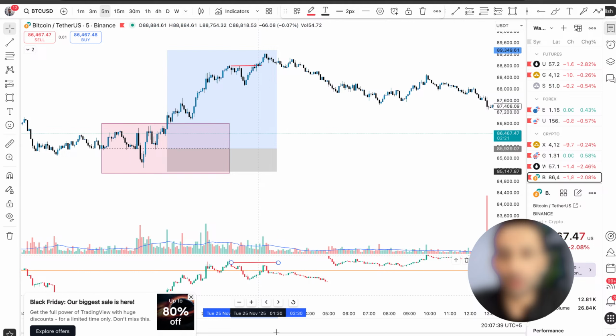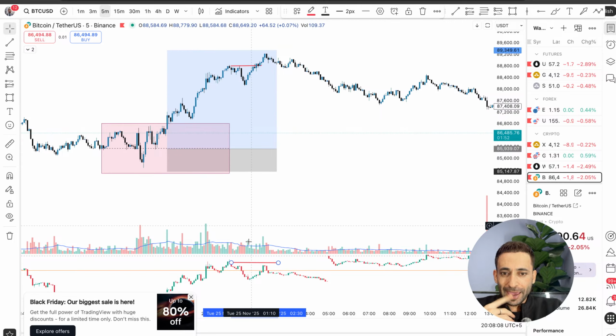One more thing, just remember this: you need to pick your session. Most of the time you don't see high volume in the market as you see here. When it's the New York session, you see a lot of volume in the market, right? Even if you're taking a position in Bitcoin, gold, or the S&P, it's the same.